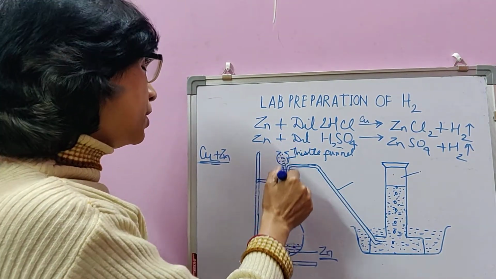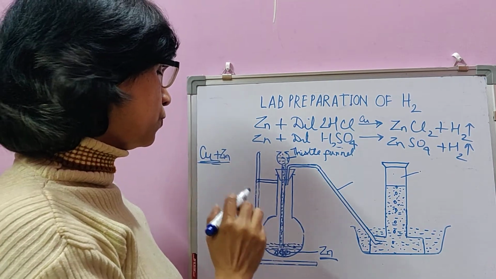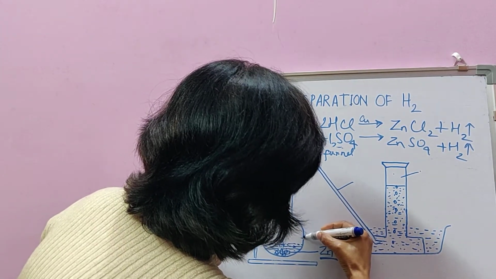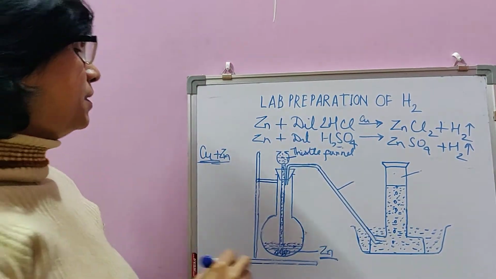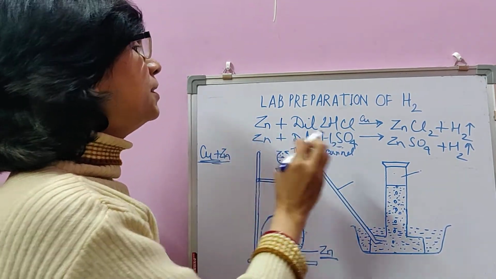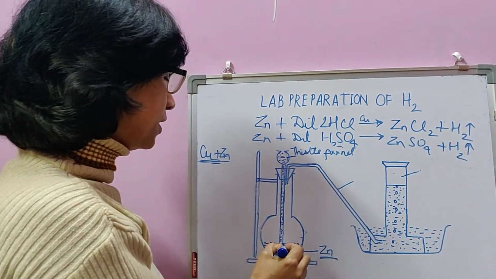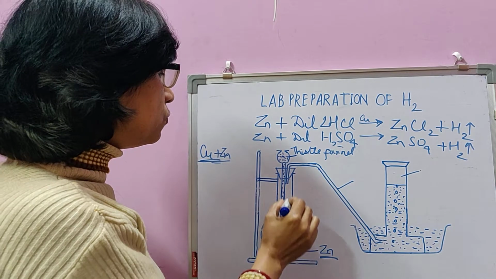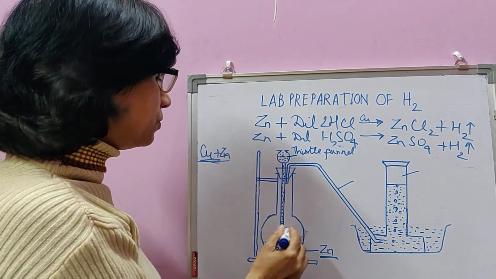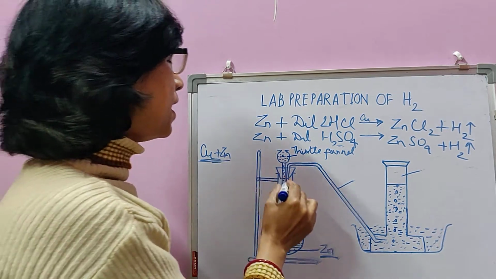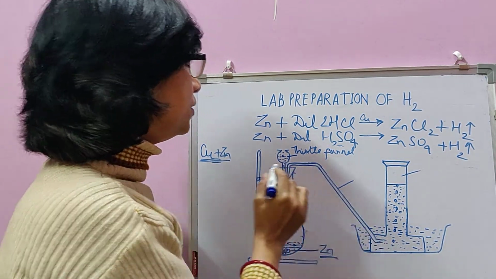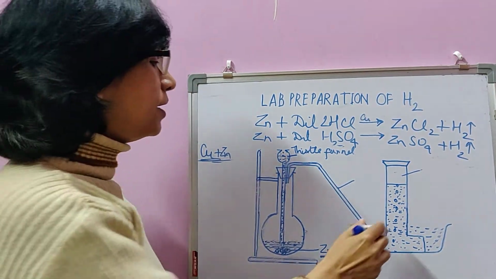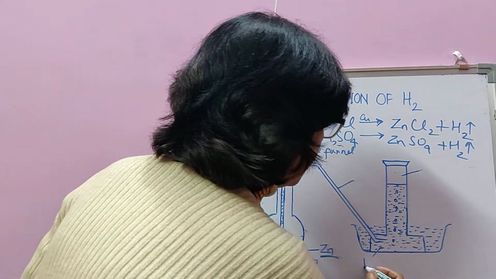And simply by pouring the dilute HCl or dilute H2SO4, zinc reacts with the dilute acid and forms salt and hydrogen. Salt obviously will stay in the flask itself. Hydrogen being a gas moves out. When hydrogen moves out as soon as we pour, that hydrogen will contain the air present in the flask and also the air contained in the delivery tube itself. That's why at the start, the other end of the delivery tube is not put under the beehive shelf. This is the beehive shelf.